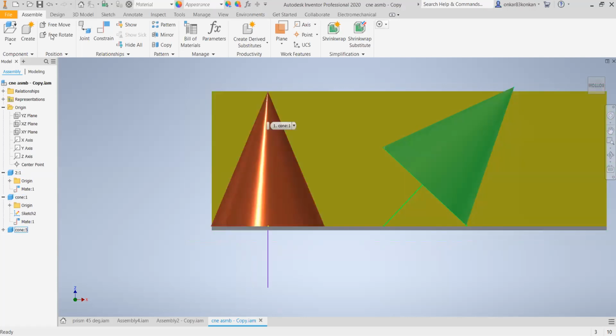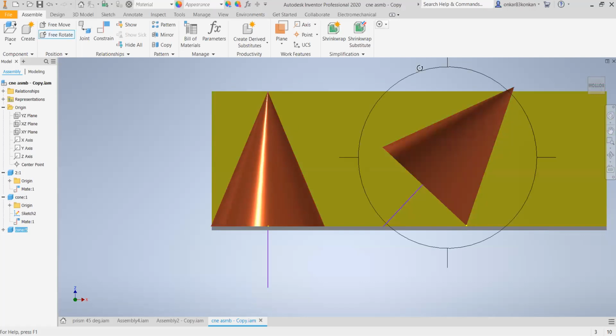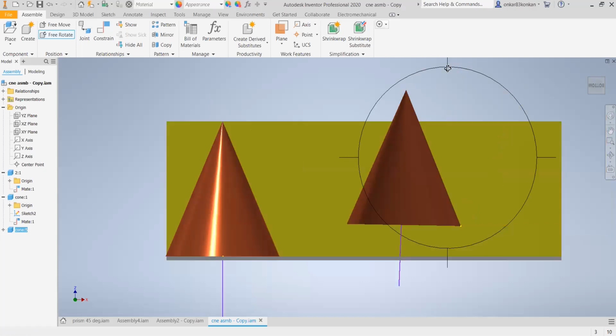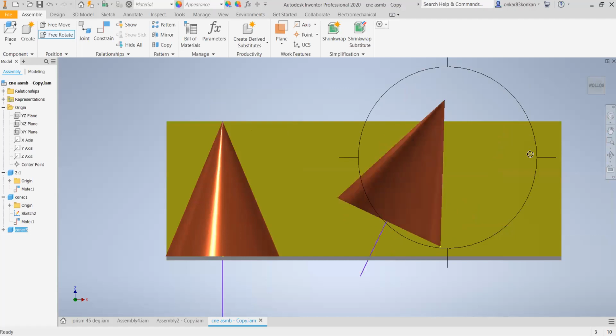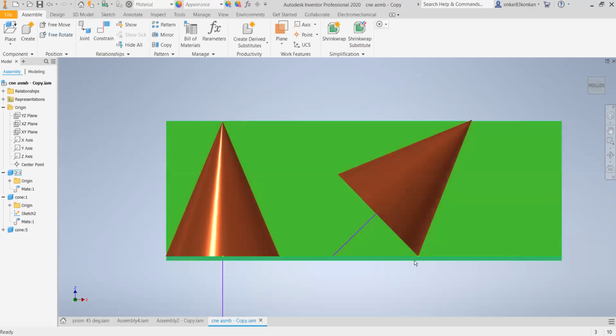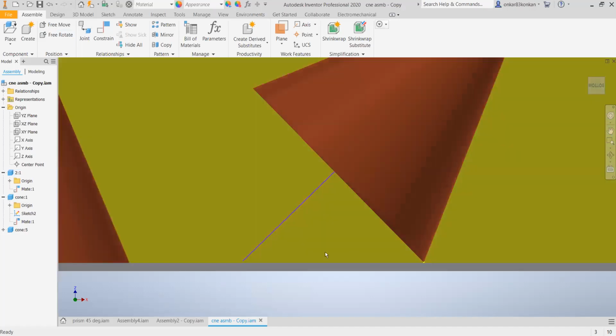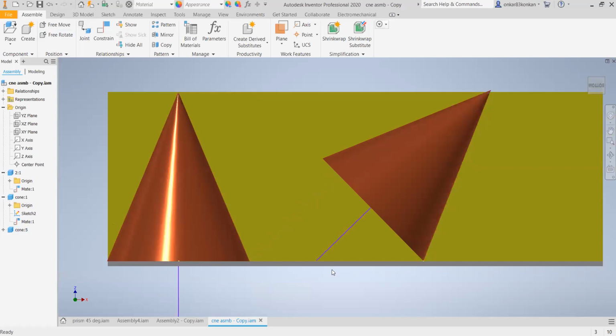In the second stage, we have to just rotate the first stage front view. So this is the exact 90 degree position. Now just rotate this in the clockwise direction such that one of the points on its base circle will be on the HP. So this is the point on the HP. And its axis will be inclined by 30 degrees with the horizontal plane. So this is the second stage.